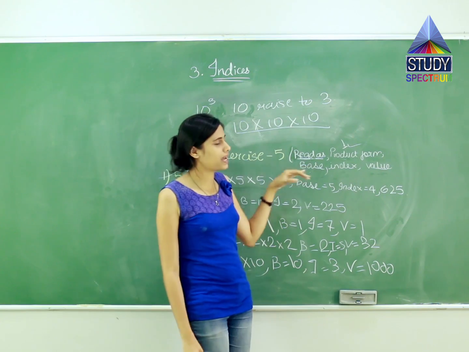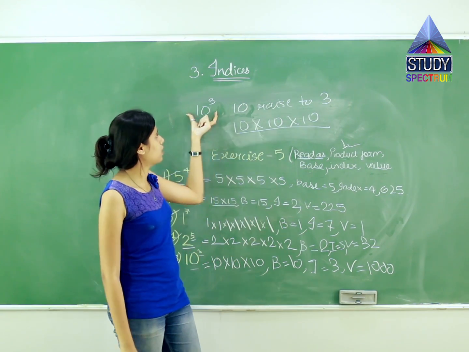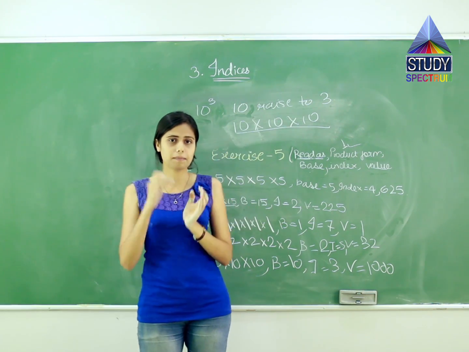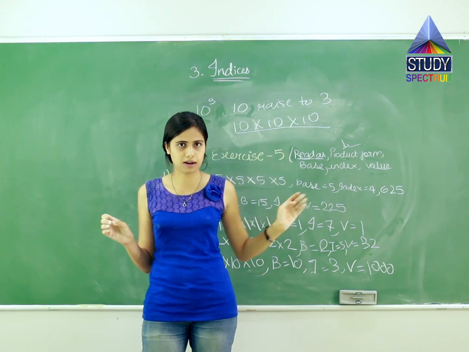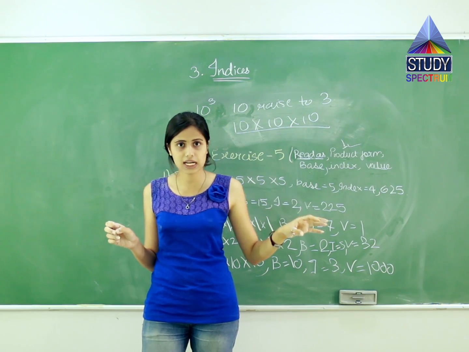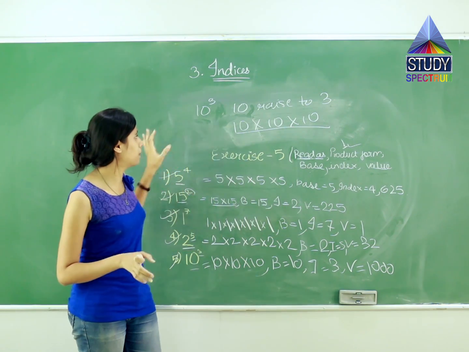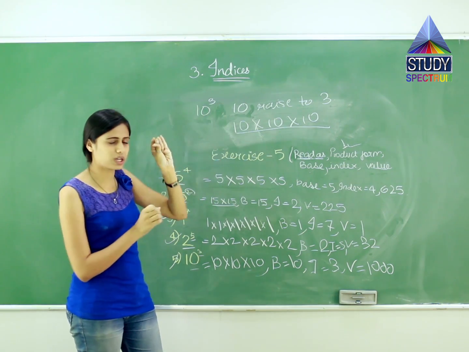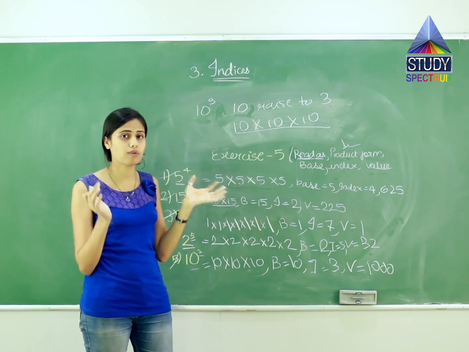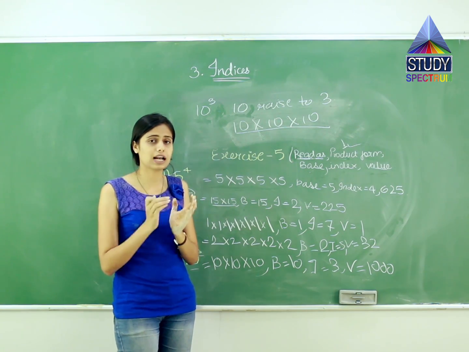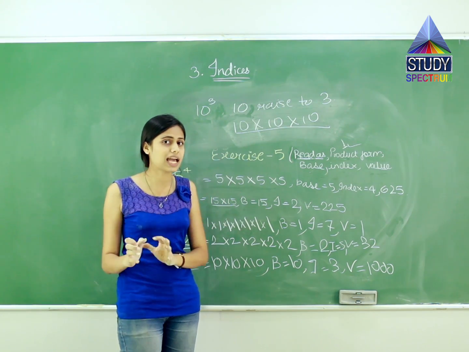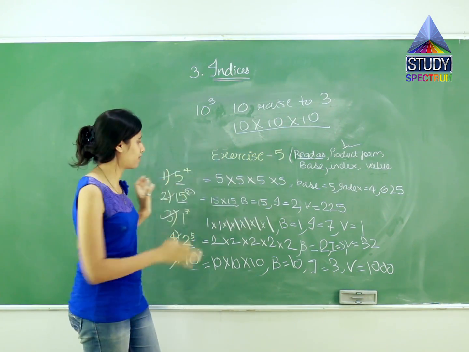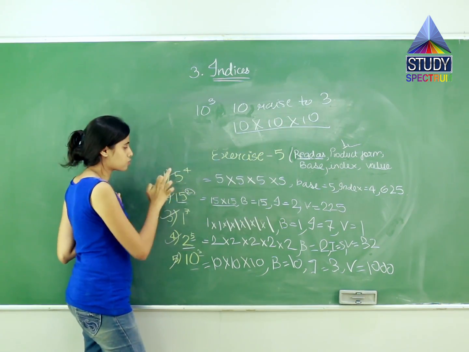Now another word is base. They are asking you what is the base. So tell me, what is the base over here? 10 is the base because 10 is the bigger number. Bigger not on the numerical line, that is 0 1 2 3 4 5 6 7 8 9 10. No, not that. Bigger in size means its font is bigger. Look over here, I have written 3 in a smaller font and 10 in a bigger font. Size means font. So what is base? The number bigger in font. Over here what is base? 5, because I have written it bigger.